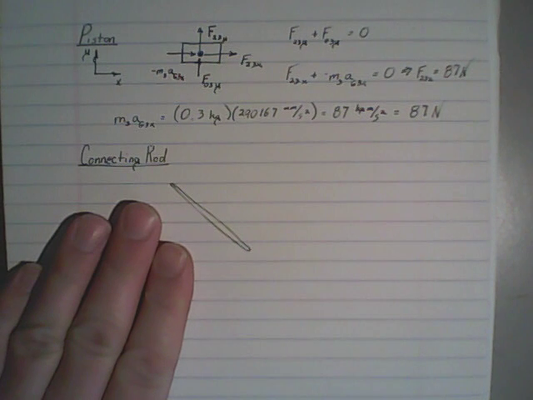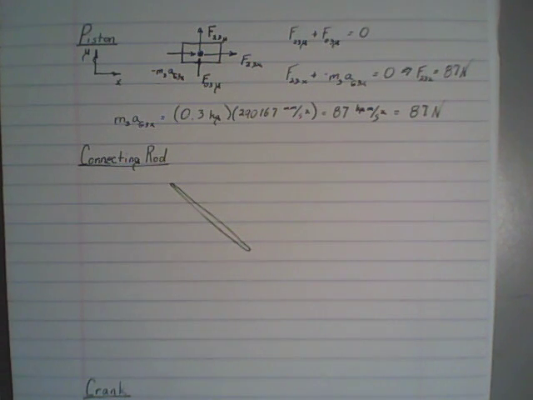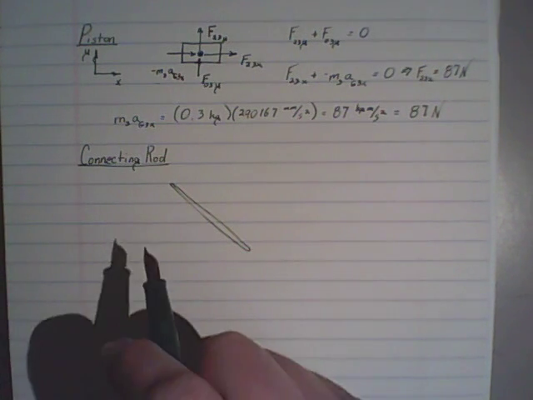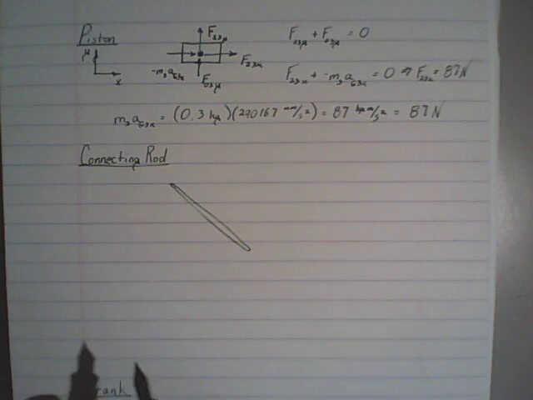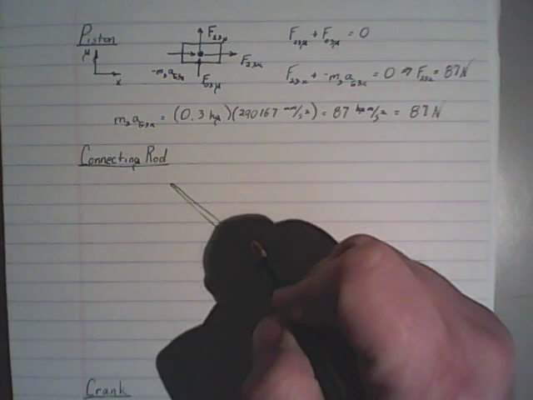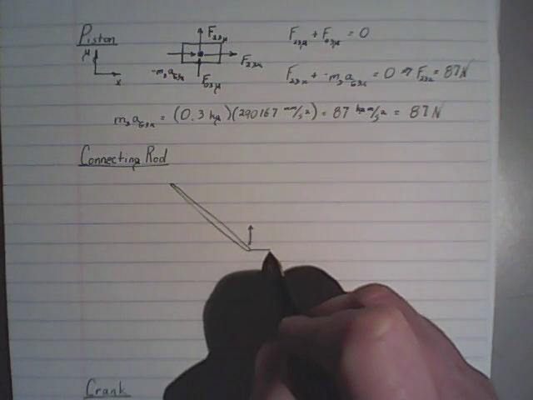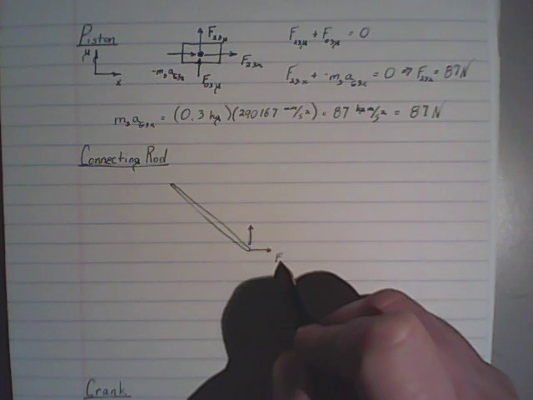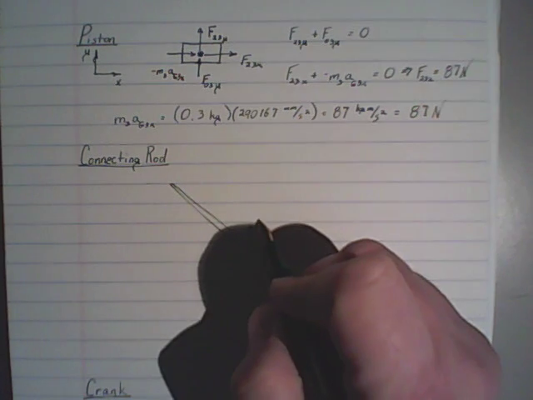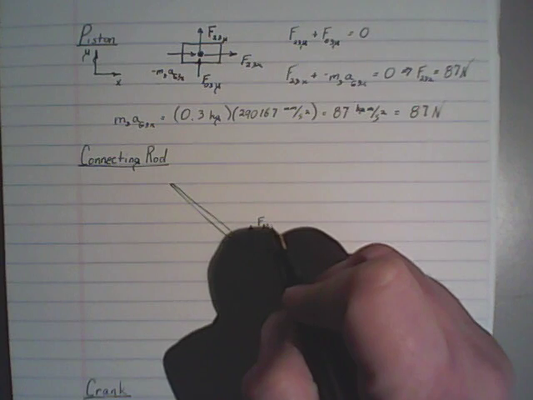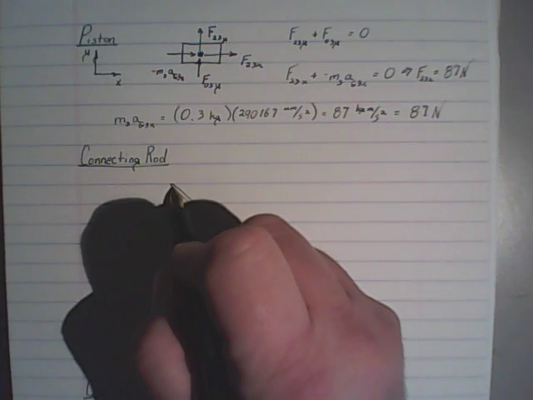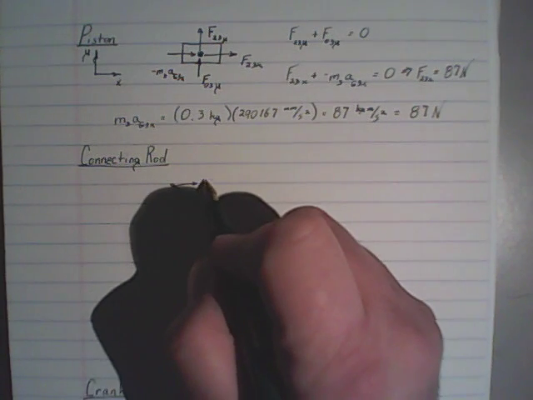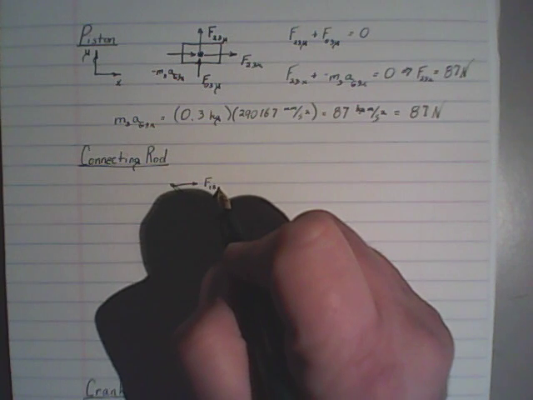So, next up is going to be the ConRod. And again, we're going to have a number of forces acting on it, and I'm going to draw them all in their positive direction. So we have still our x and y axes. We will have forces acting on the ConRod down at the connection to the piston, F3_2x, F3_2y. Up at the connection to the crank, F1_2x,